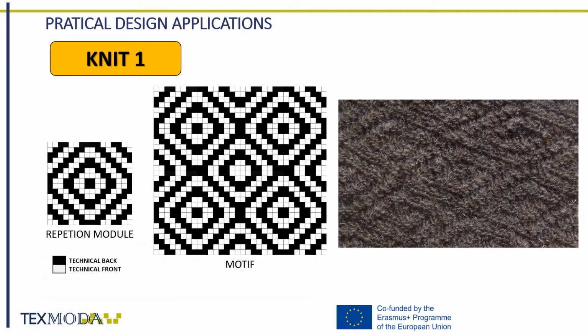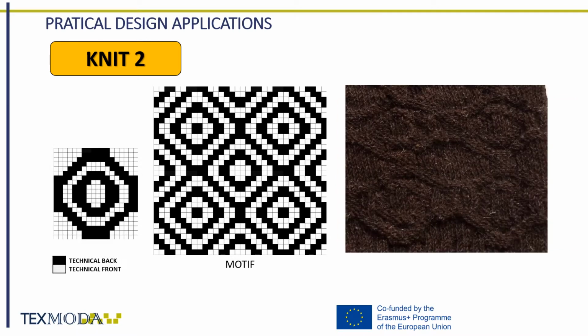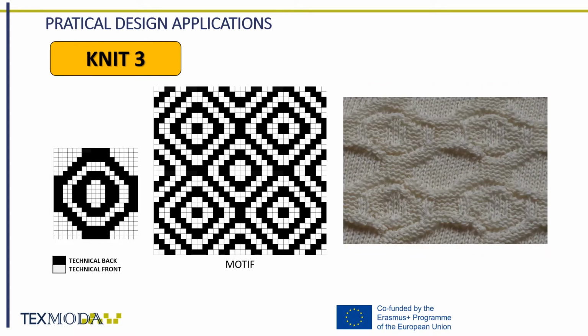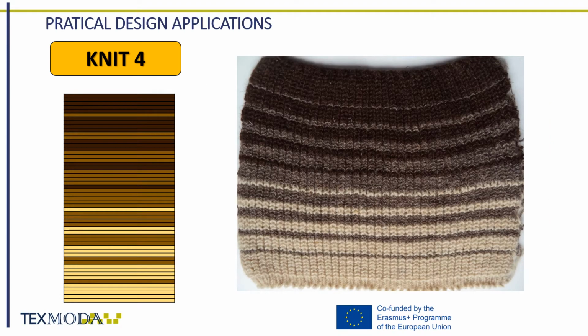Following the aforementioned design process, 4 knits were produced. Knit number 1, a 100% wool structured knit with an elementary cell defined by 16 courses and 16 wales. Knit number 2, another 100% wool structured knit with an elementary cell defined by 18 courses and 20 wales. Knit number 3, the same characteristics as knit number 2, but with a different composition, 50% cotton and 50% modal. And finally, knit number 4, a 100% woolen knit.